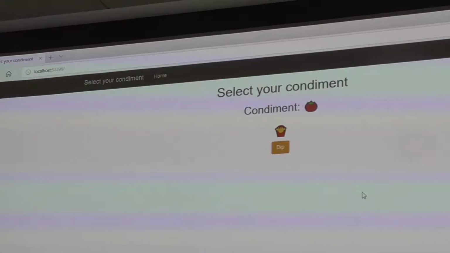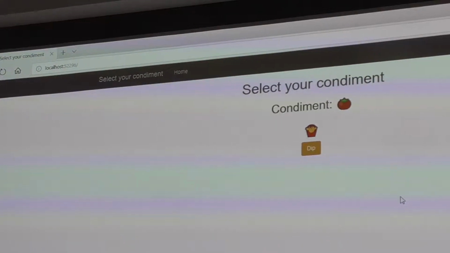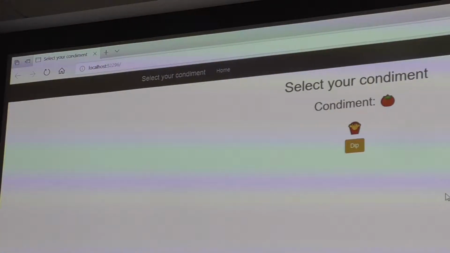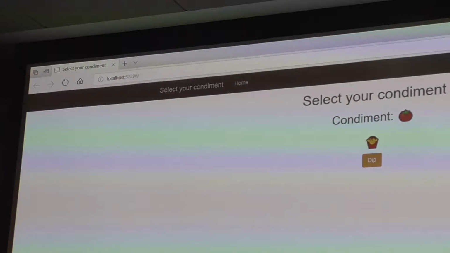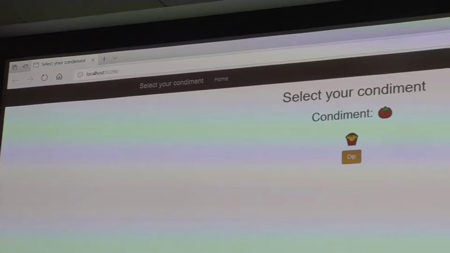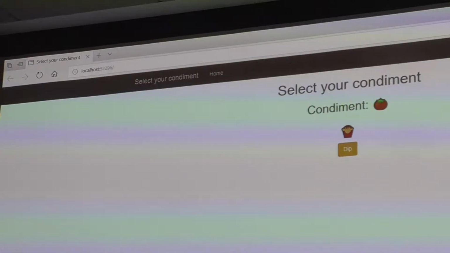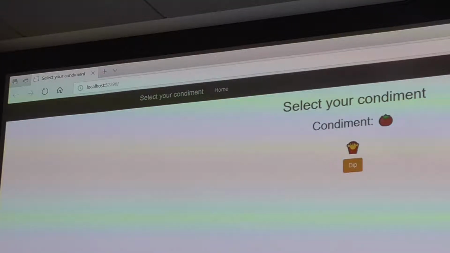So, here we have an authorization requirement of what you can dip fries in. Okay? So, I am going to attempt to put tomato sauce on my fries. And this one works very well, not just in Belgium, where they are slightly different because it's Europe, but it also works in America. So I'm going to hit dip,